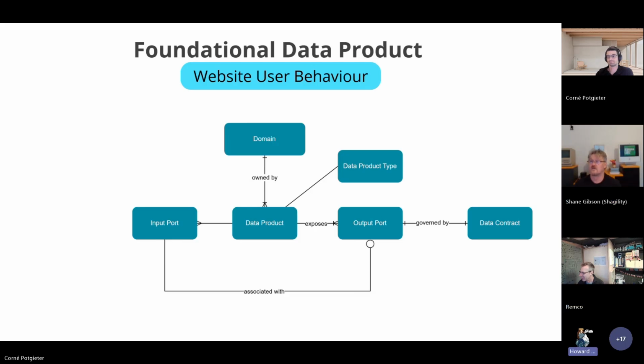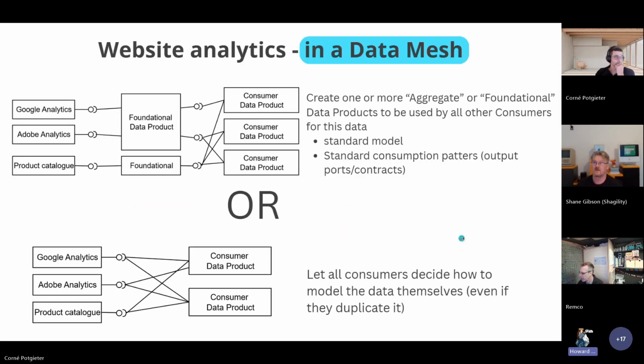But I suppose the question I'm having is, if the data is solely owned by that data product, and again, these are questions, are we then saying that 1 or 2 or 3 of those tables are not allowed to be involved in another data product? They can be, but it's through that output port. Sure, but that just means that the YAML or the data product is a meta definition. The actual ownership of the tables is not part of that data product. No, so I don't agree with that statement.